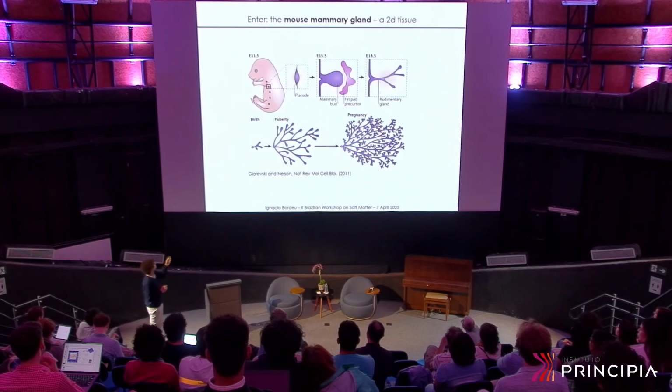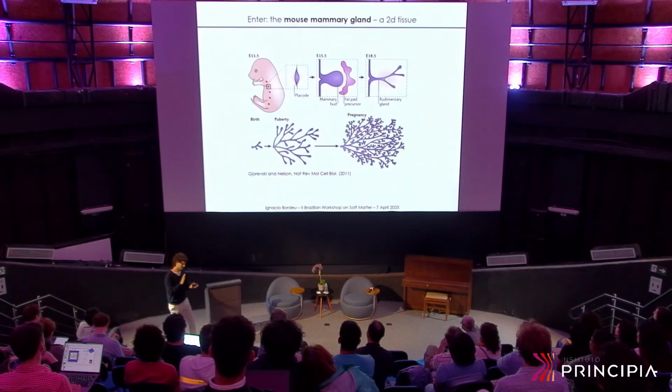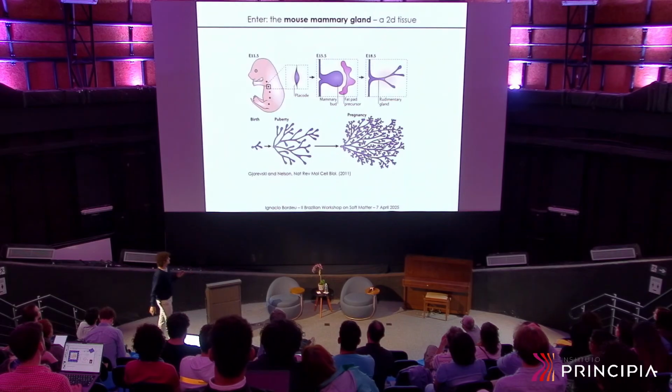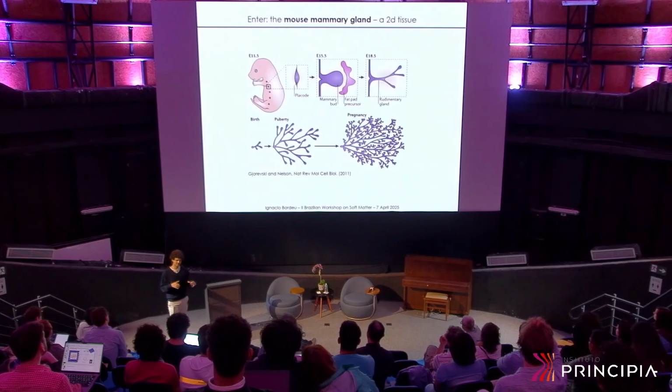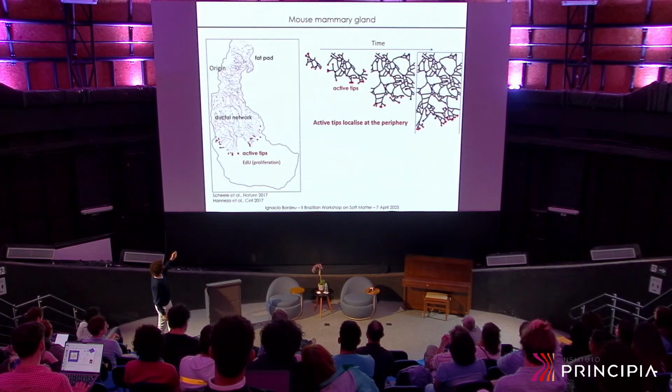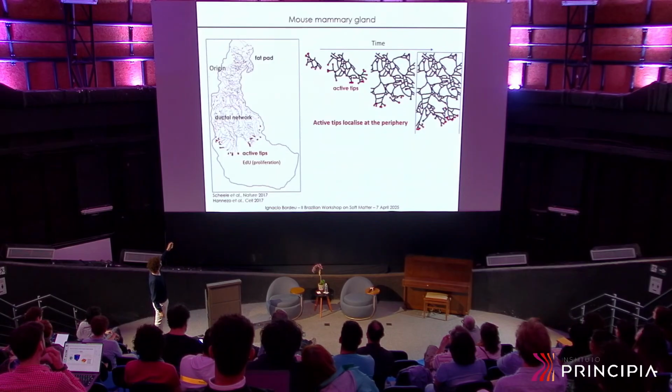And I'm going to talk very briefly about the mouse mammary gland. Why do I want to introduce this? It's because this is a 2D tissue. So I want to go from 2D to 3D. So in a 2D tissue like the mouse mammary gland, this tissue develops on a fat pad. So it's a thin layer of fat where the dactyl network develops. And if you do experiments on this, and this is work from Scheele and Hannezo from back in 2017,